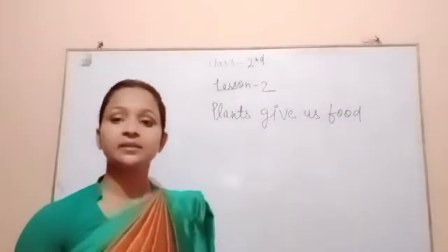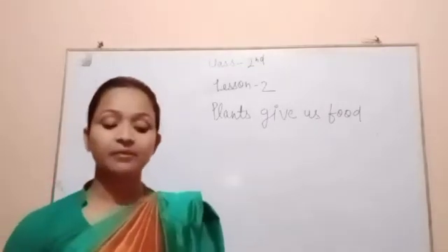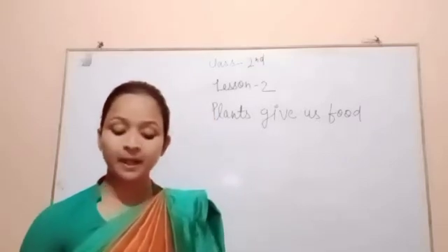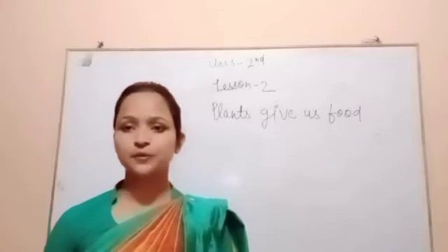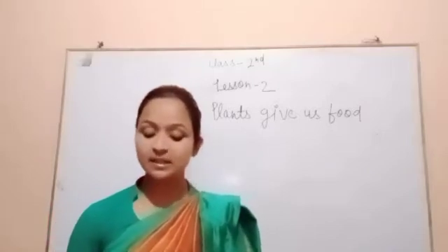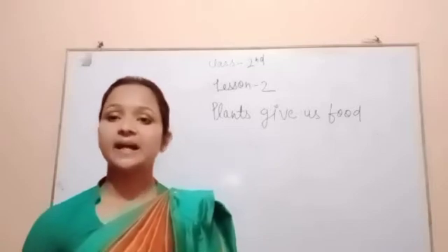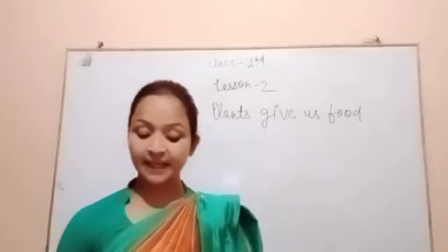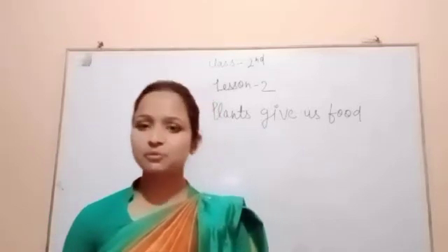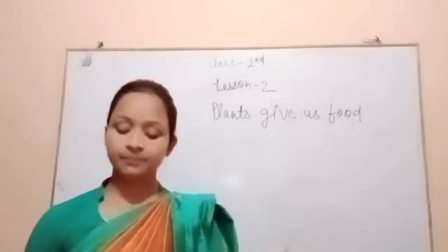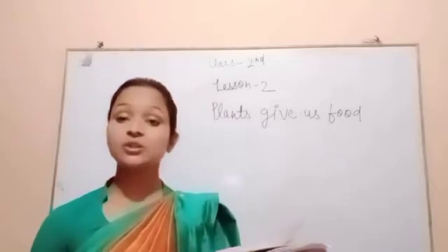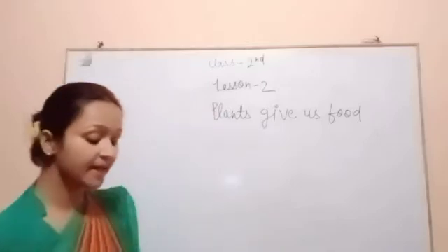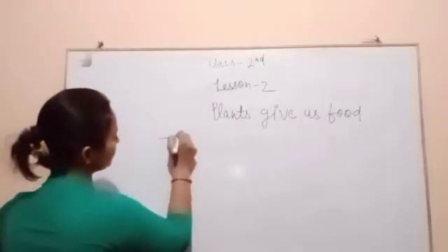In this topic I discussed that we eat roots of some plants, we eat leaves of some plants, and you know that plants are very useful to us. I discussed that we eat leaves of some plants, with examples spinach, cabbage, fenugreek and lettuce. Then I completed we eat stems of some plants: potato stem parts, sugarcane, ginger and garlic. And now we will discuss we eat roots of some plants.